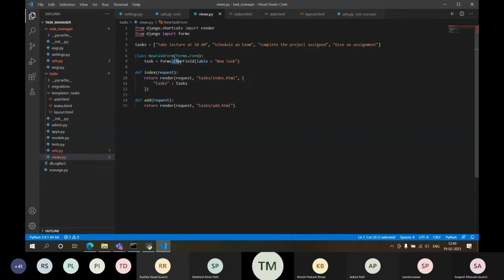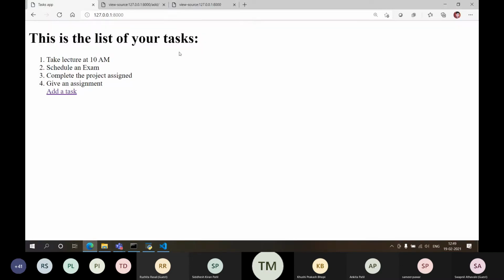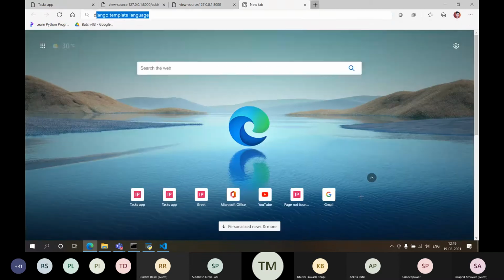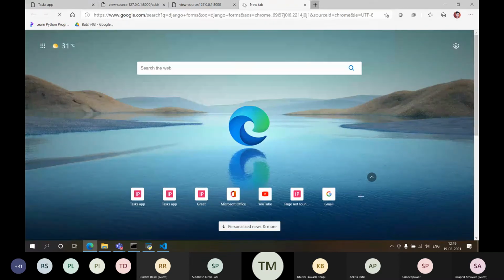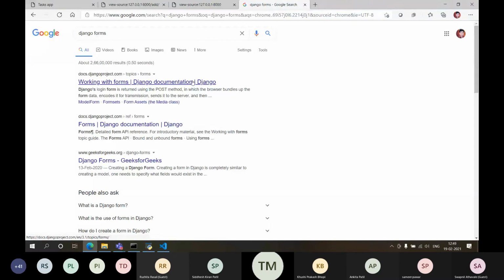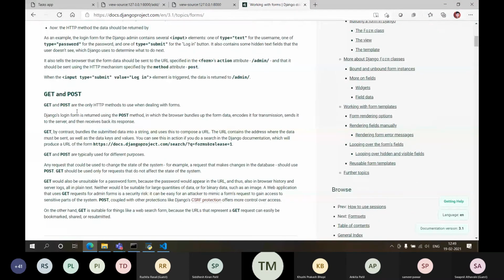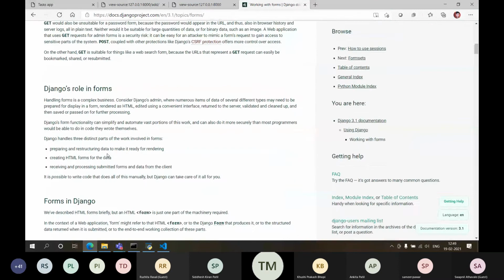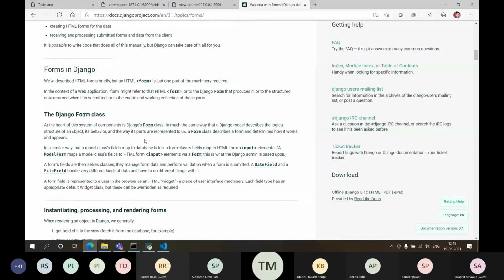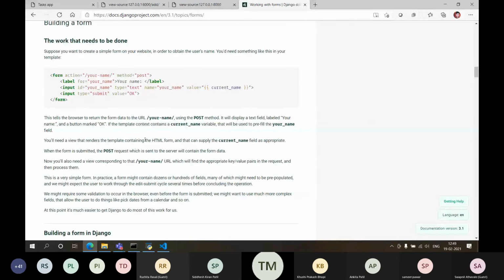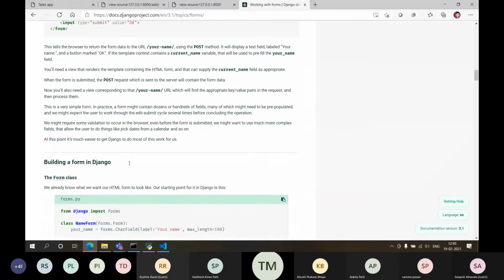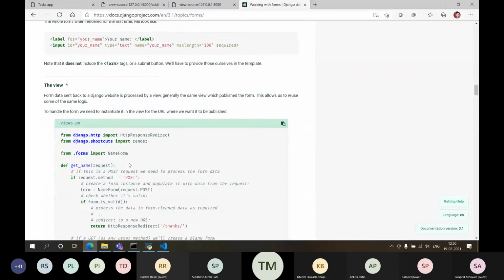Now from where I brought this, go over here and type Django forms. You will get the documentation of forms. Here you will get each and everything regarding a form: GET and POST requests, Django's role in forms, building forms, and how it will help you.